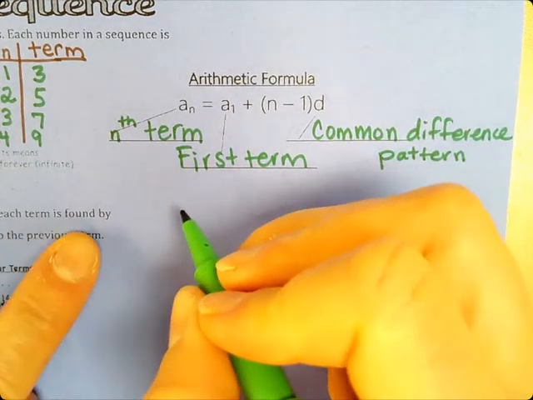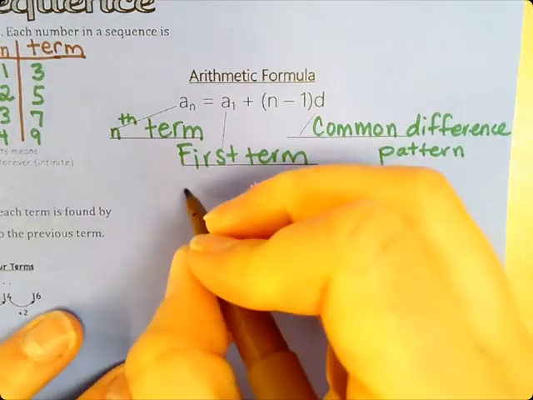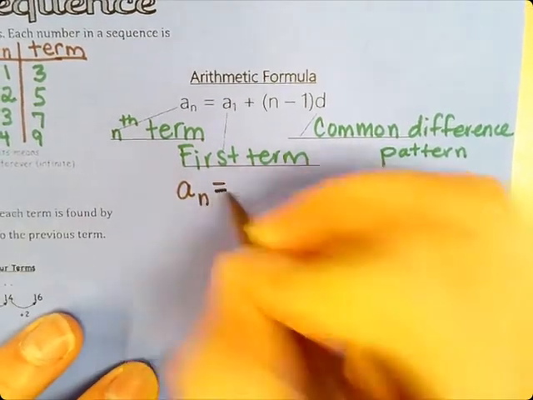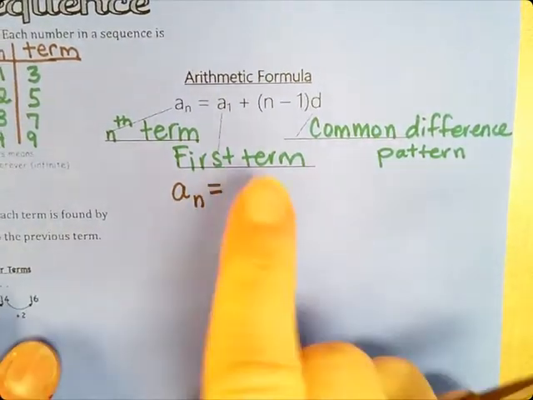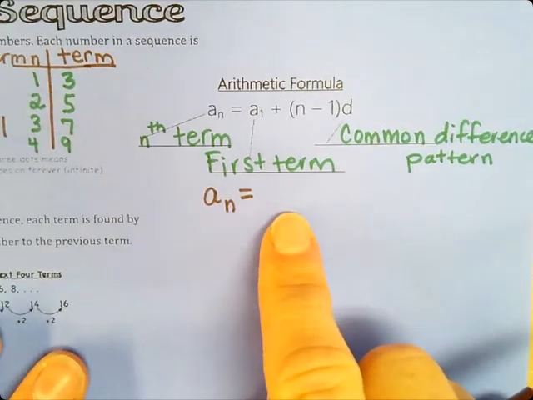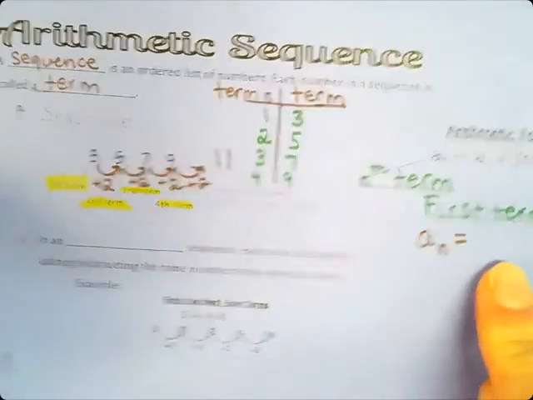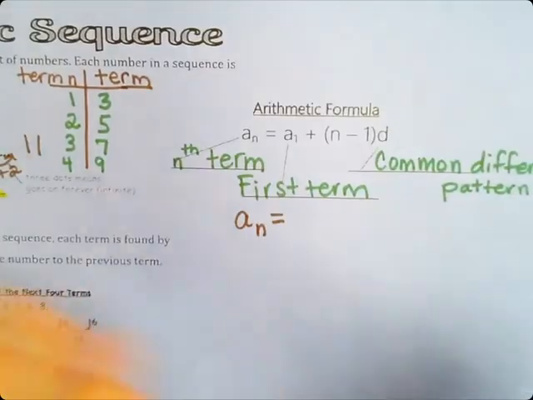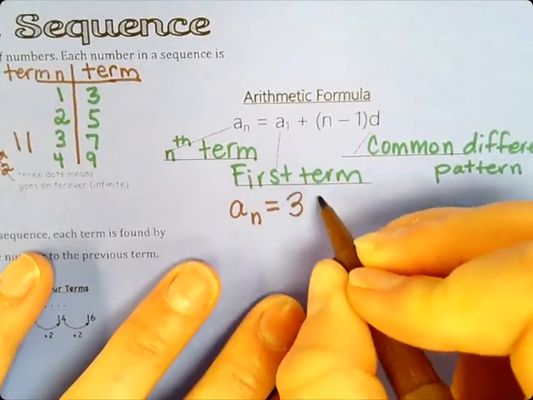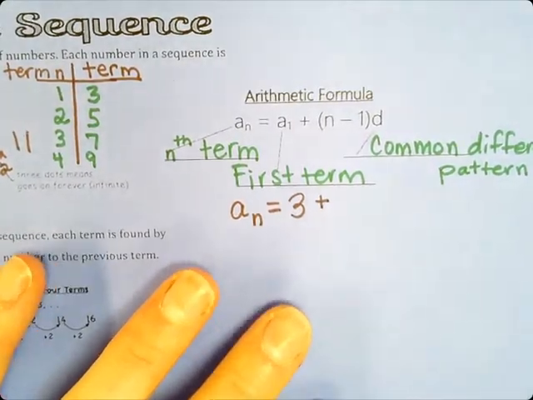So it's going to be AN equals, what's our first term? A1. And A1 is 3 over here. So 3 plus,